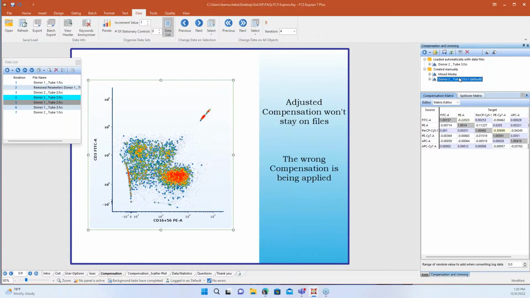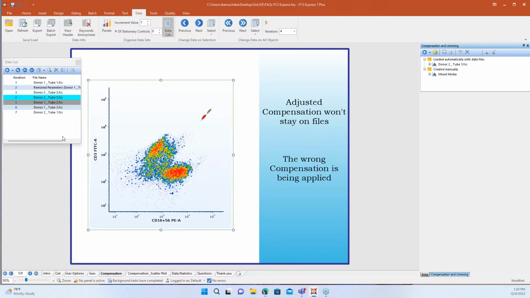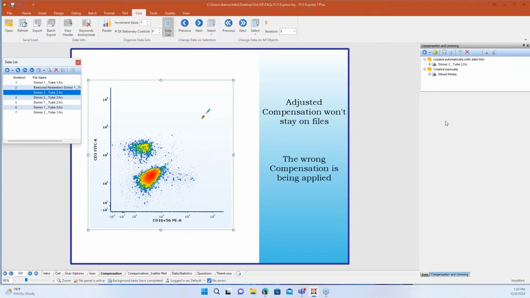it's going to use that compensation that I just created. Yeah, I think an easy way to think about this is, a lot of people think that the only way you're doing a manual compensation is if you calculate compensation using the wizard in FCS Express, right? And that's certainly a manual compensation. But as soon as you take a compensation that came automatically with your data files and you modify it, and there's a number of reasons why you would want to do that, it becomes a manual compensation, right? Because you've manually done something to it. And so if you think about it that way, okay, now I have a manual compensation because I've made a change to my existing comp, so I need to make sure I apply it the same way I would do a manual compensation.